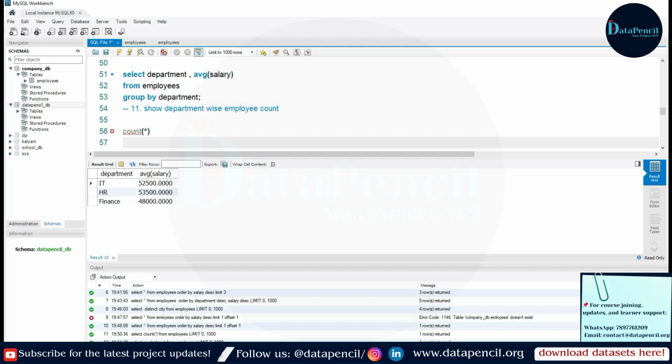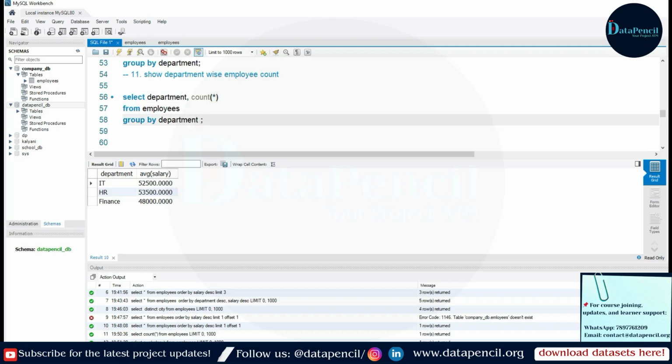So to find it department wise, we will use group by department. And for the rest of the formalities, let's write: select department, comma, count all, and group by department from the employees table.